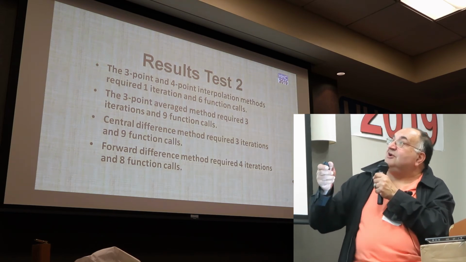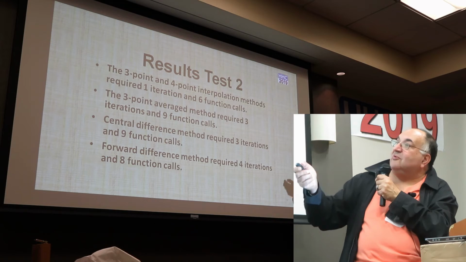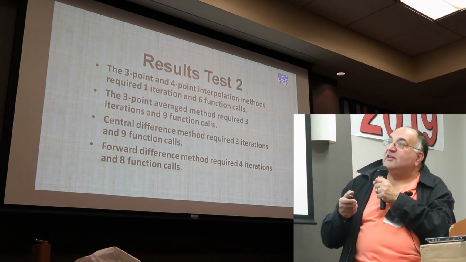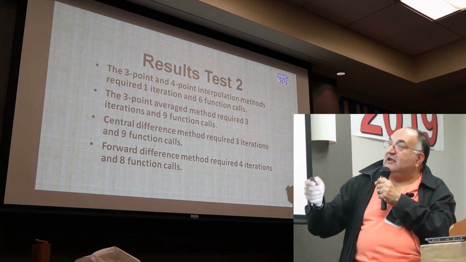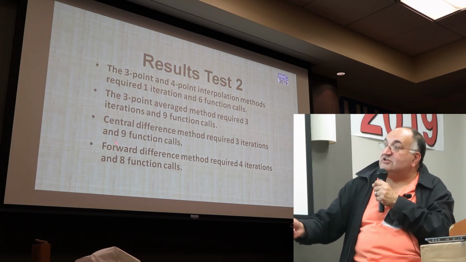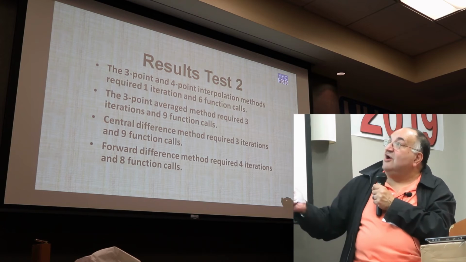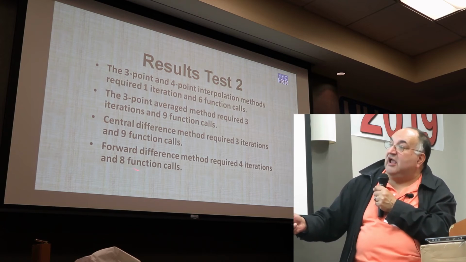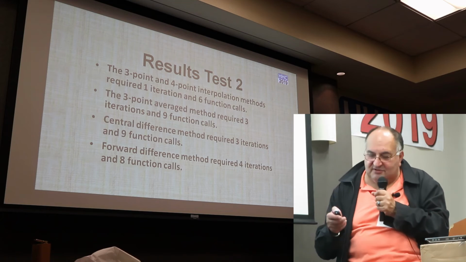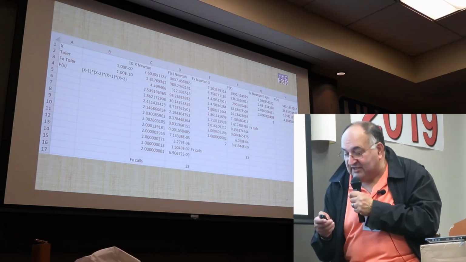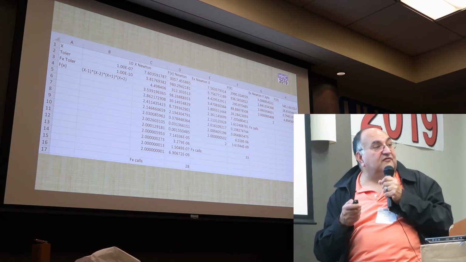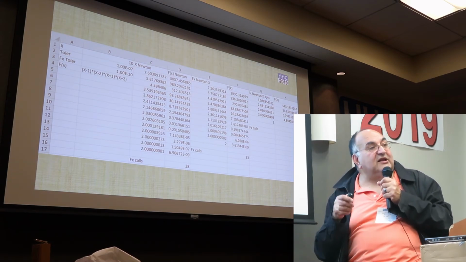The 3-point average was not that great. It required 3 iterations, but 9 function calls. And the same thing can be said for the central difference, same statistics. And the forward difference had 4 iterations, but 8 function calls. So it's not bad. The last example, I have a simple polynomial with roots of 1, 2, minus 1, and